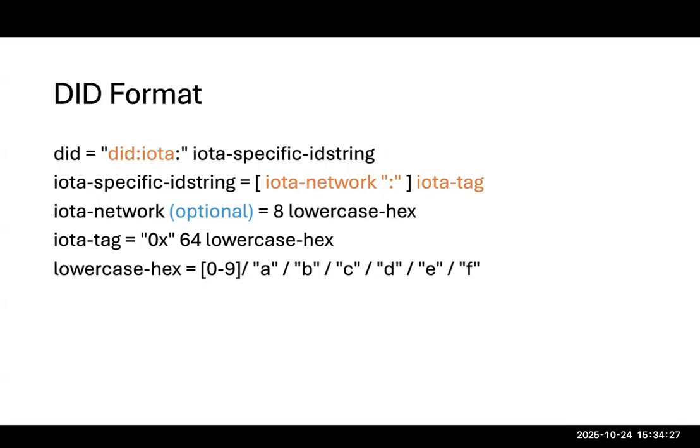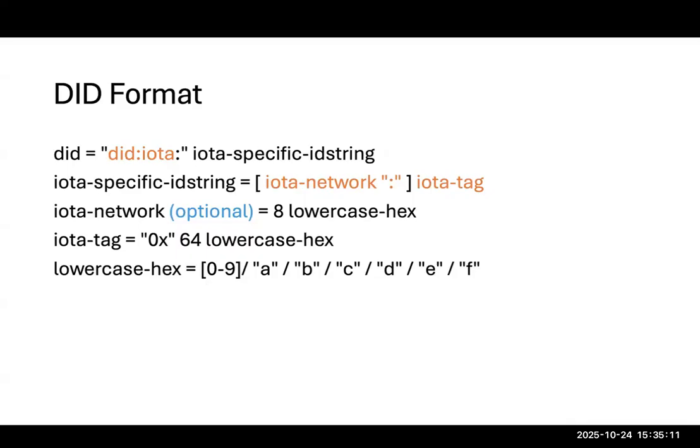Now, the DID format. Of course, the DID, and they selected the name IOTA. Just to give you an example of changes in the specification, at the beginning we were forced to select only a number of 3 letters. That has changed. At the beginning there was room only for 3 letters to specify the name. Now you can more or less use whatever you want. So the DID IOTA, and then